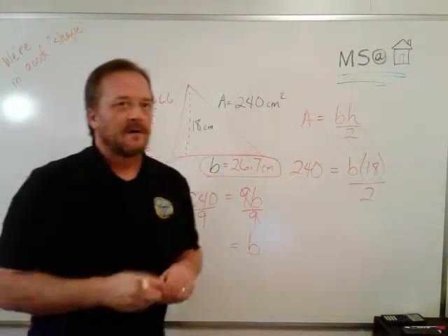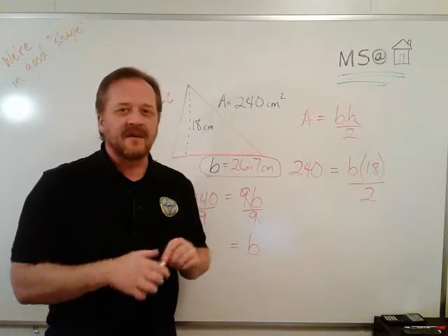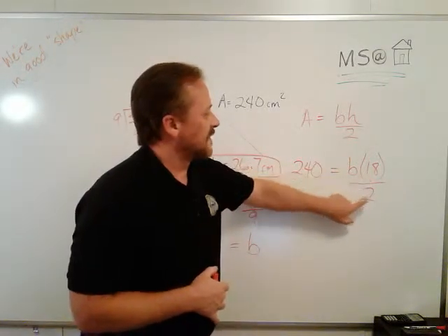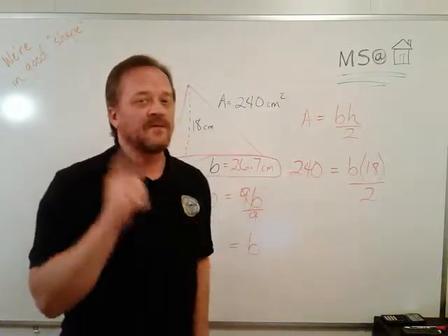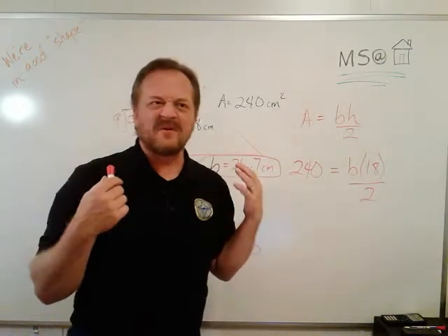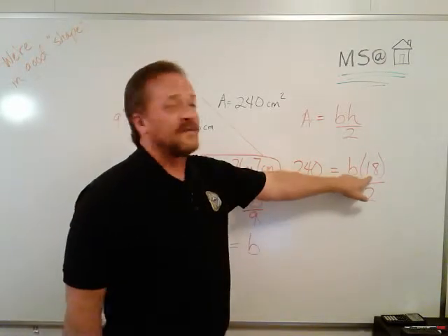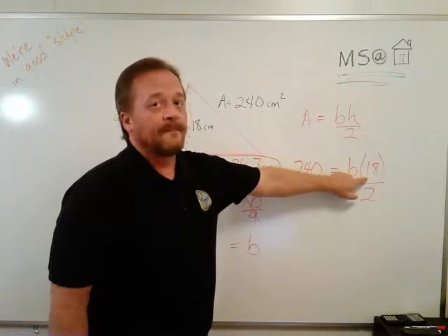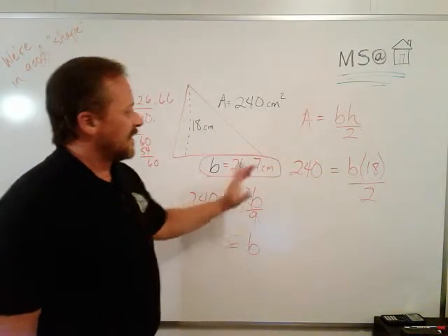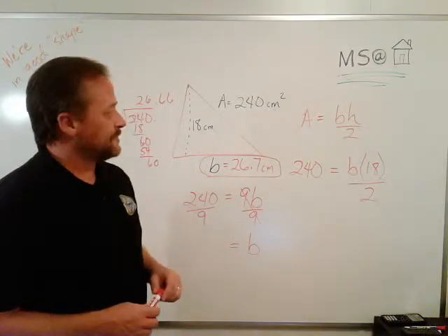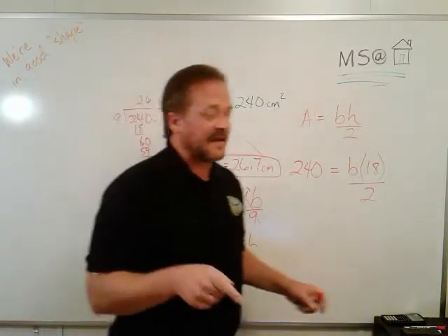Okay? Almost the same as the parallelogram. The only thing that we did differently was division to get rid of that fraction. If you can divide here, do it. Even if you don't think you can, let's say that this is not an even number, divide it anyway. It's better to have a decimal as a coefficient than to have a fraction right here. Go ahead and get rid of that fraction. Okay? You're going to see that again, because